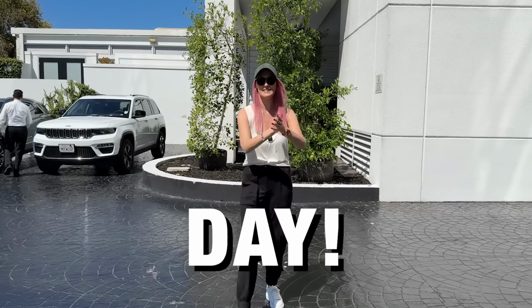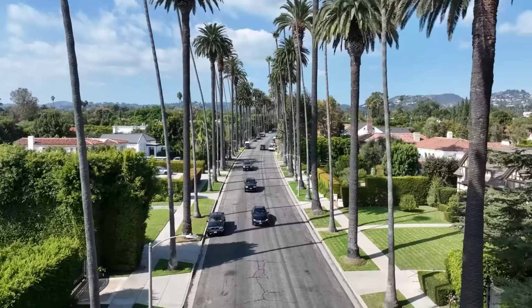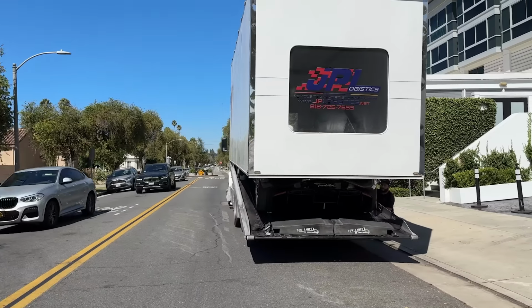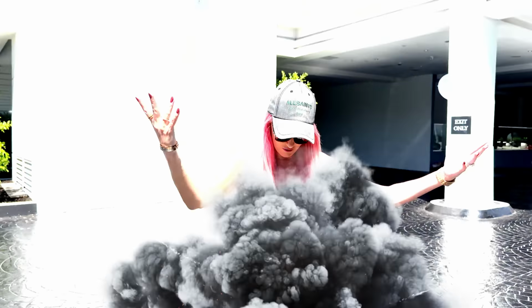Very special day actually, because Bugatti agreed to deliver the brand new Tourbillon to my hotel here in Beverly Hills, which I was like, yes, this stuff is awesome. And then they were like, but you can't sit in it. I was up here on a high, and then it was like,